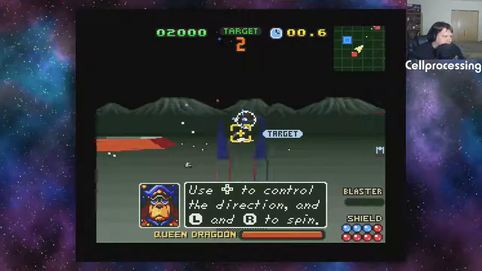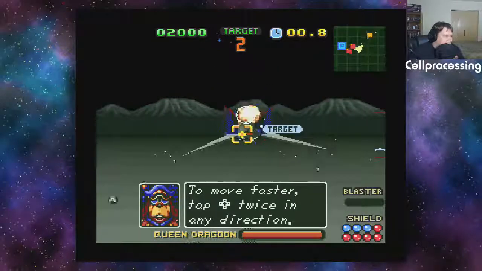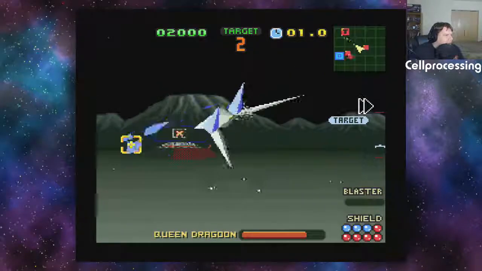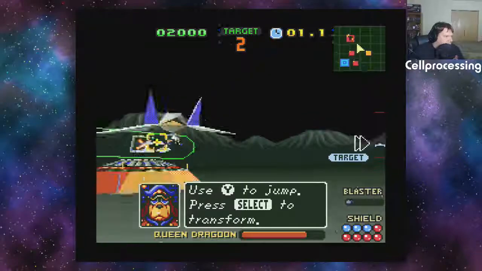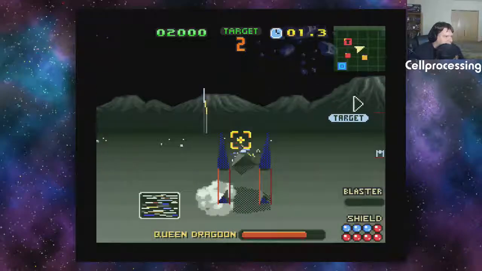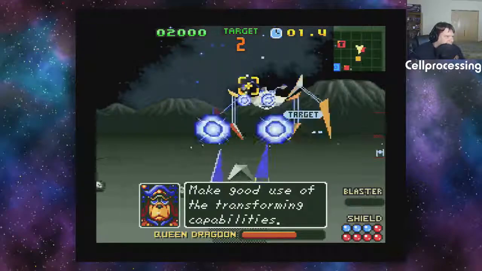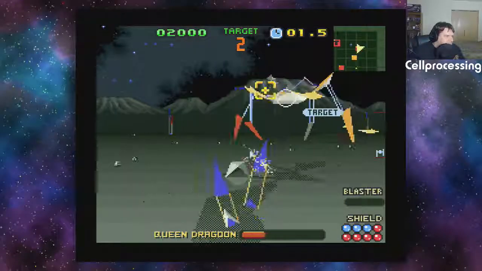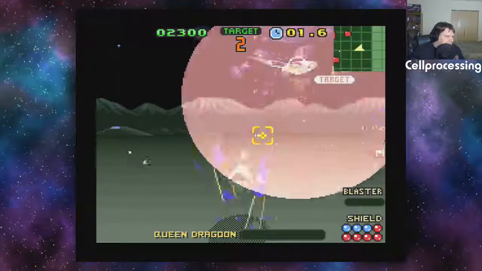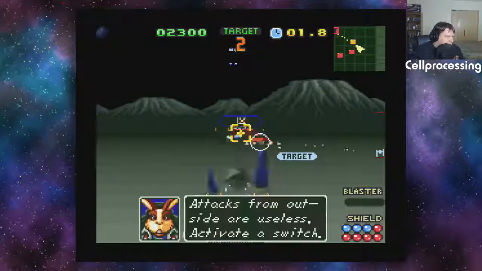If I hit select at any time, I go back into R-Wing mode. If I hit select again, I'm back into walker form. Ooh, the frame rate's really tanking there. So it just kind of auto aims. I'm using L and R to keep my rotation towards it. But it doesn't really do...